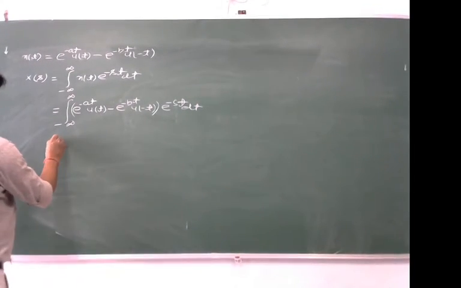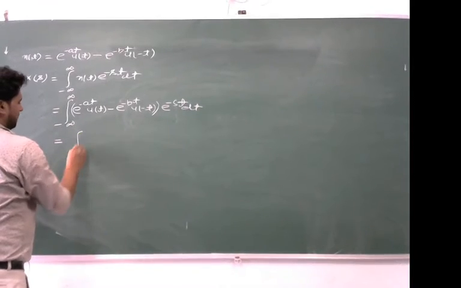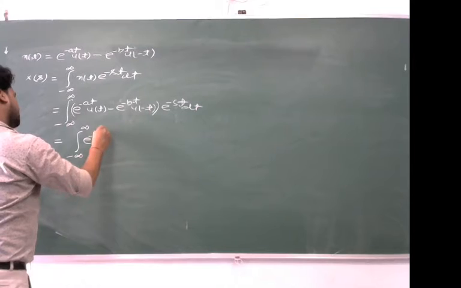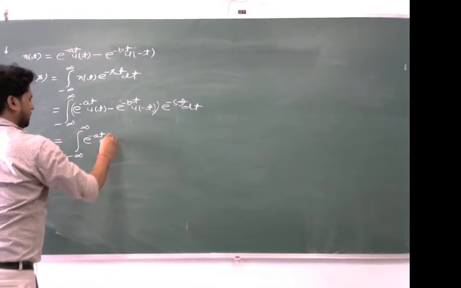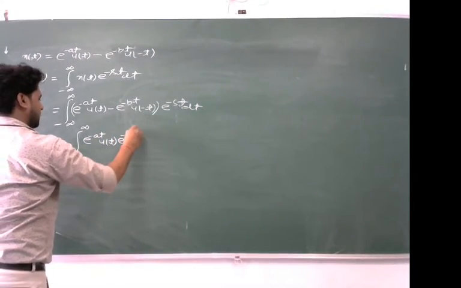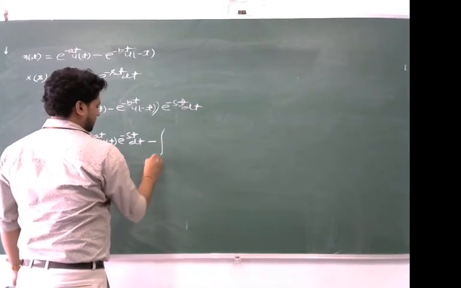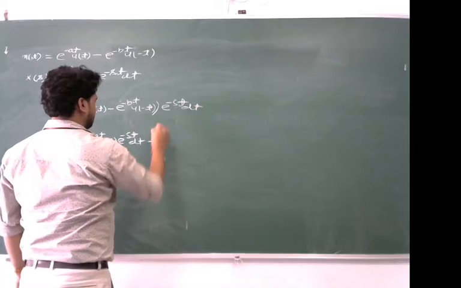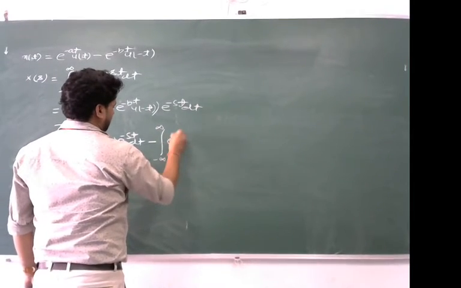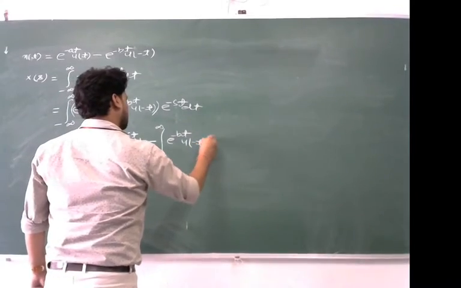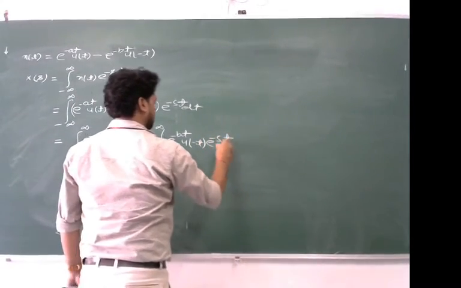This will become limit from minus infinity to plus infinity e power minus at u(t) into e power minus st dt, minus limit from minus infinity to plus infinity e power minus bt u(minus t) e power minus st dt,